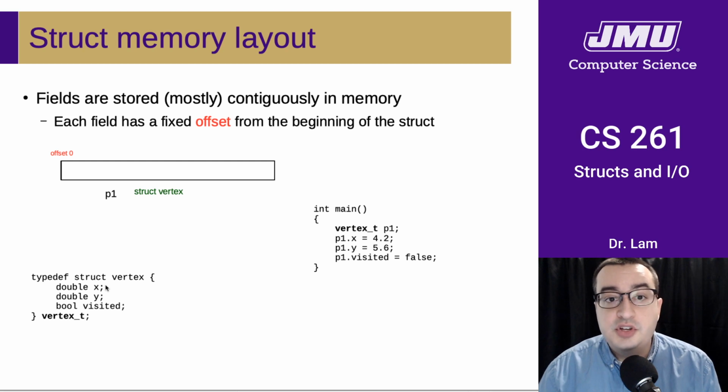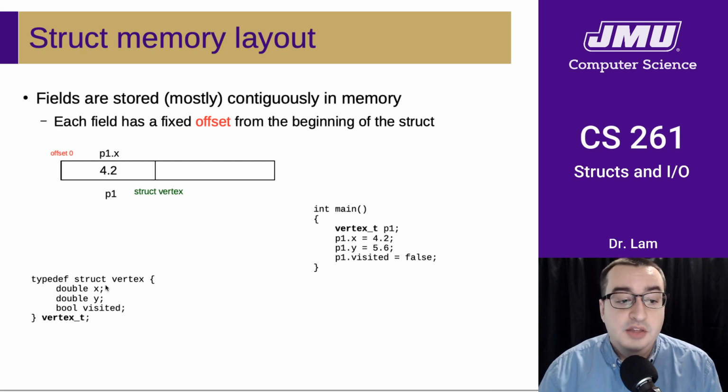Since we know that double precision numbers are 8 bytes, that means that the first 8 bytes in this variable are allocated for that field x. Which means that the next one has to begin at least at offset 8. So assuming that it does begin at offset 8, the next 8 bytes will be the y field. And then finally, the Boolean, which is 1 byte long, can begin at offset 16. And so this is what the struct would look like in memory after executing this code right here.